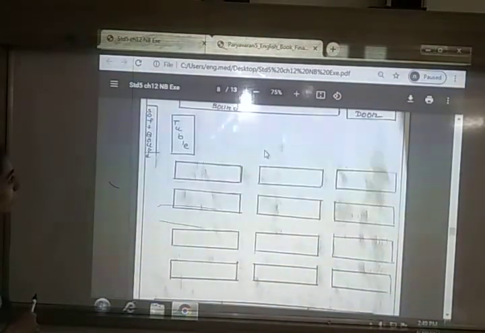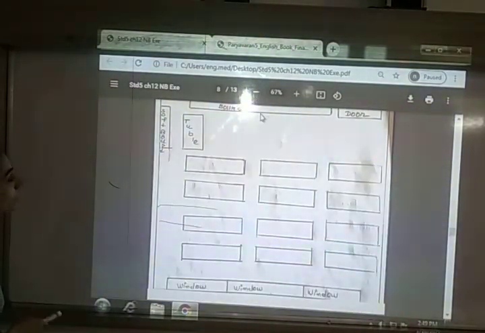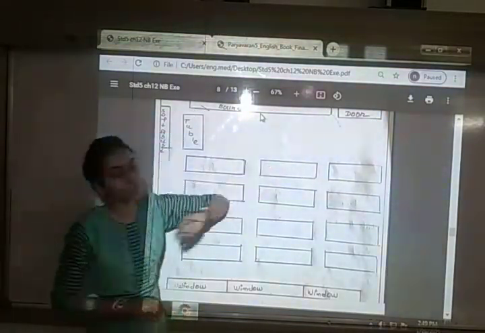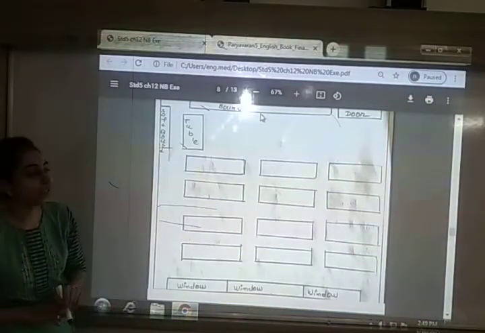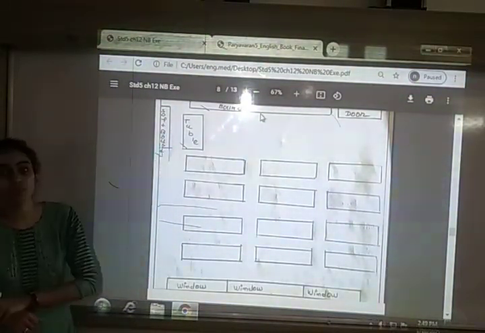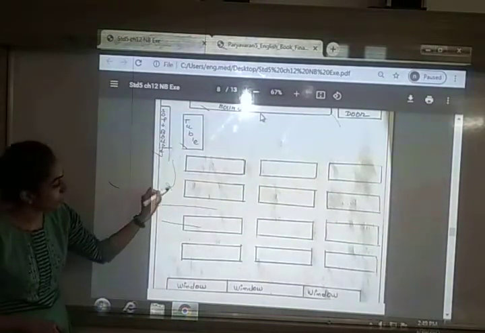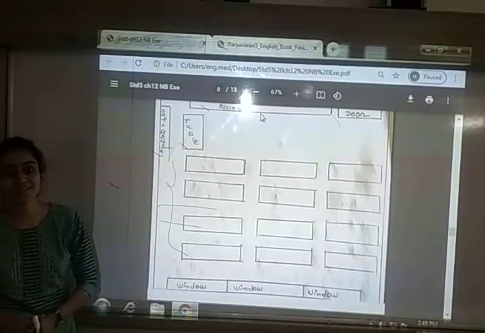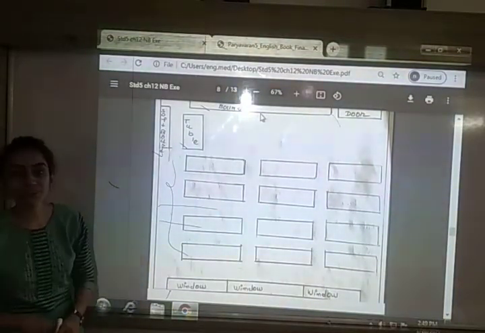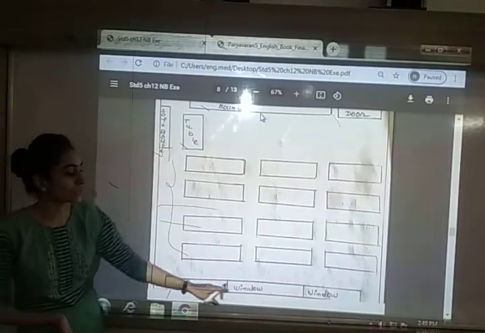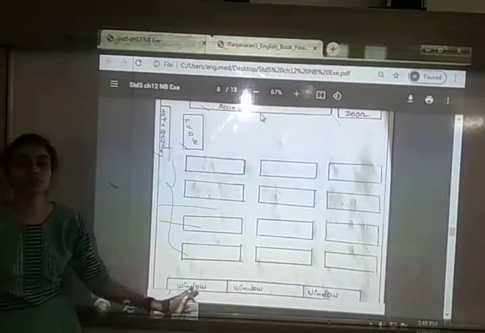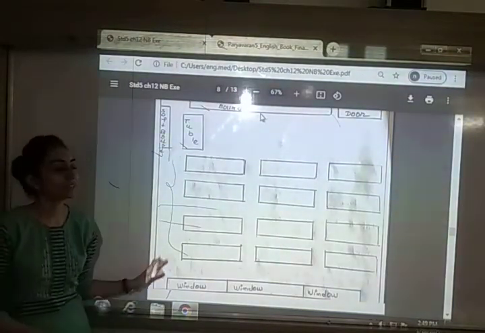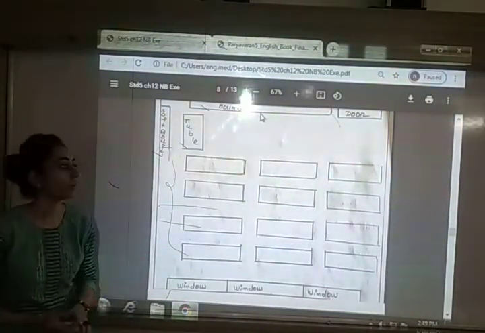Again let me recall quickly this map. Here you can see that the board is there in the classroom. This one is the position of the door in the classroom. This one is the table. Softboard is also there in the classroom. Then all the rectangles represent the benches. So this is the position of benches in my classroom. Then on the opposite wall of the classroom, the windows are there, so here I have drawn the windows. So this is the position of different objects in my classroom. Like this you can also make the map of your own classroom.